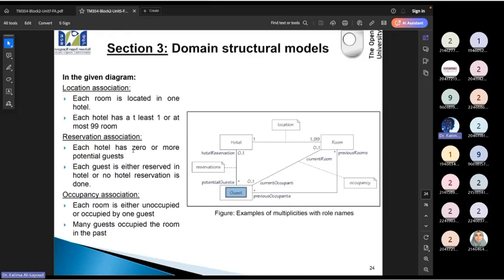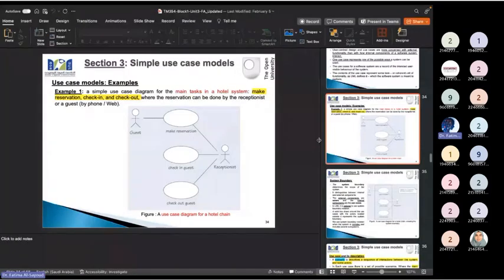The other thing is we already saw use case diagrams. So we know that we have a guest who can make a reservation, and a receptionist who can make a reservation, who can check in, and who can check out as well. Now, to draw a sequence diagram, we select one of those use cases, such as the check-in.